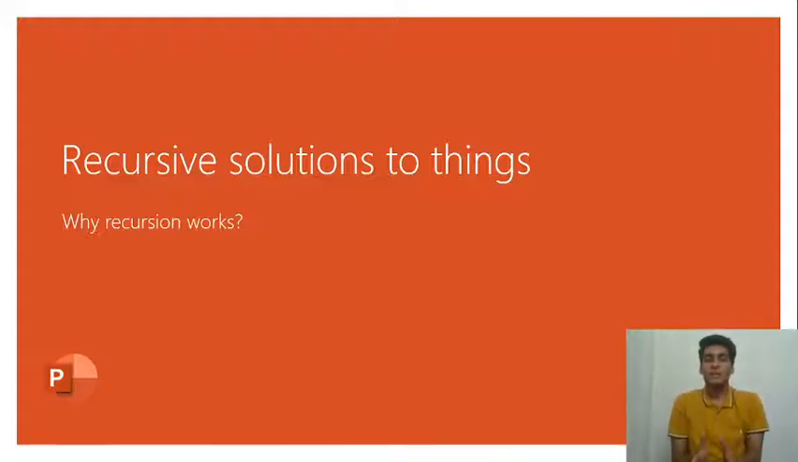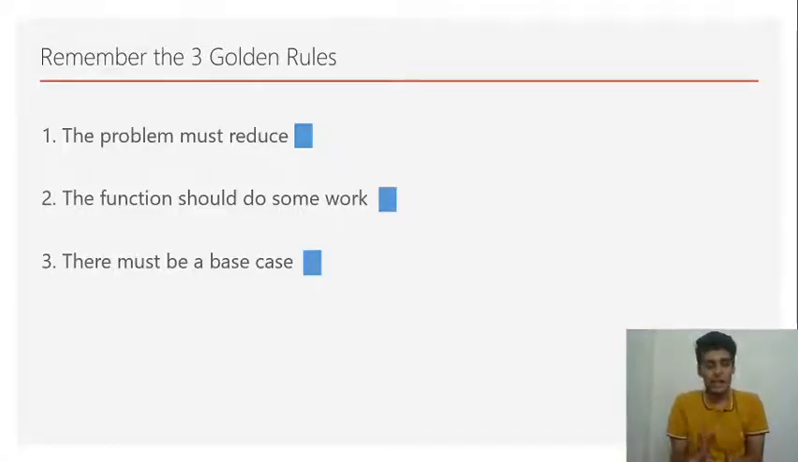Let us get started with recursive solutions to things in the linked list, and we'll discuss how and why recursion works. So the basic three rules of a recursion are: the problem must reduce, the function should do some work. You shouldn't pass everything to recursion because the work is based on how much work and what is the type of work you do. So the given function should do some work before or after calling the recursion,